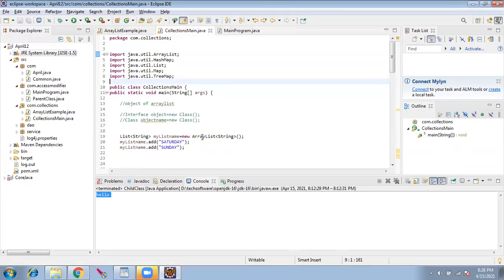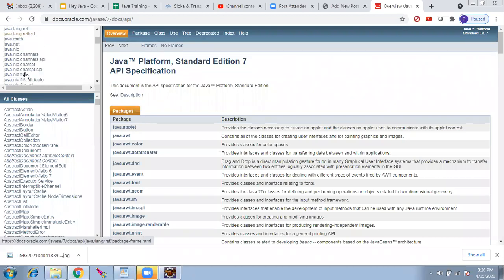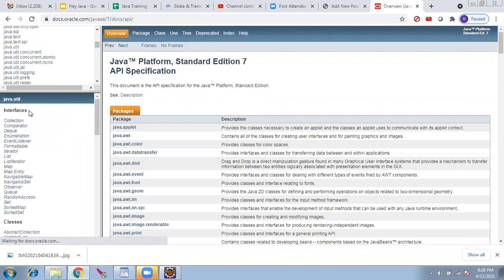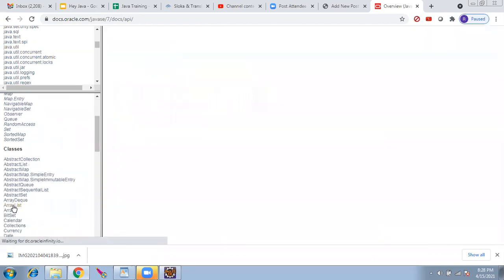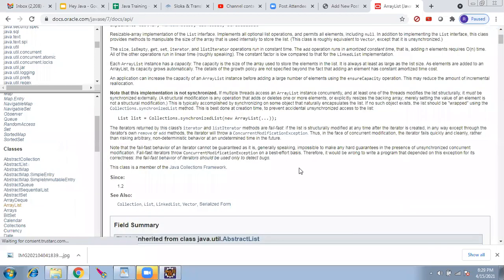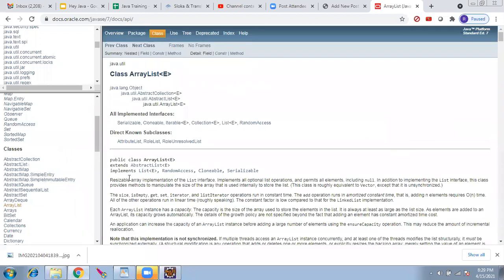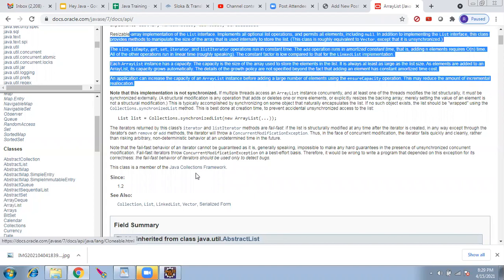In my case, I want to know the list and array list. So java.util.ArrayList. I'll go to java.util, and inside java.util we have ArrayList here. I open it up. They have clearly written a big documentation on what it is, how the array list will work, what are the inputs, what are the different methods.